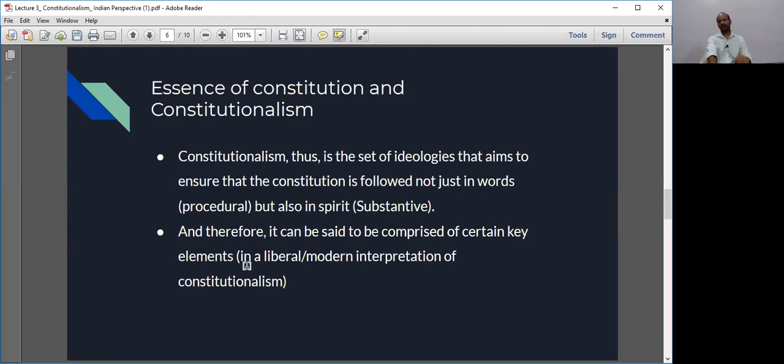Okay, now these key elements, which we'll be discussing in short, are a reflection of a liberal or modern interpretation of constitutionalism, and therefore hold true in a liberal society. And therefore the concepts that we will be seeing in a short while, or the elements that we'll be talking about, are the byproduct of the era of liberalization, right? And since the onset of liberalization, the very concept of constitutionalism has gone through certain changes, and we are in this era, and therefore we'll be talking about it. So let's see what the key elements of constitutionalism are.